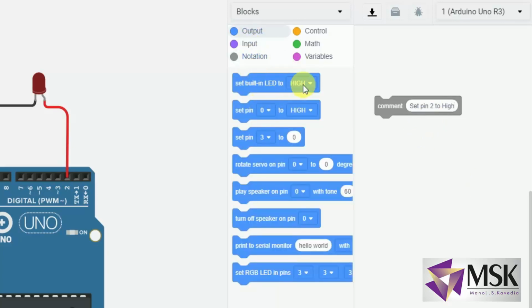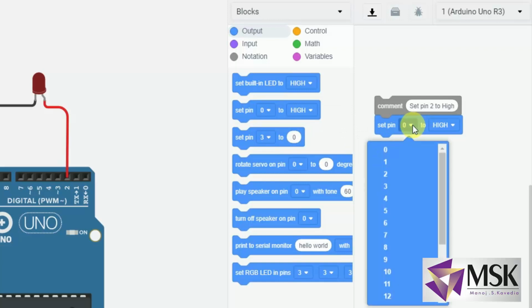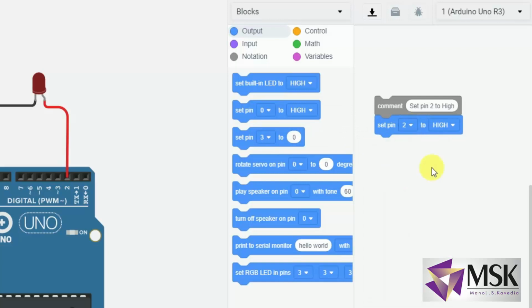No, I don't want to use the built-in LED, that is pin number 13. I want a specific pin, so I'll take this one and connect it here. And I'll set pin number 2 because my LED is connected to pin number 2. And I'll set it to high.